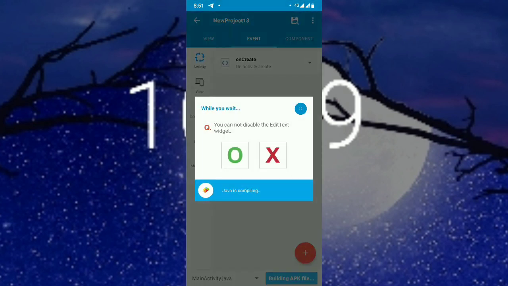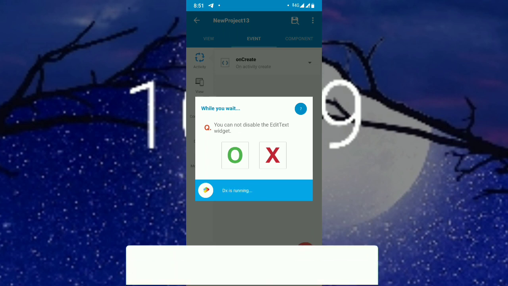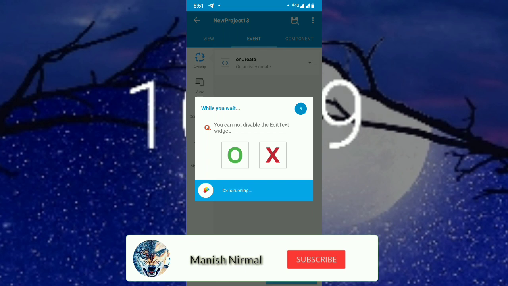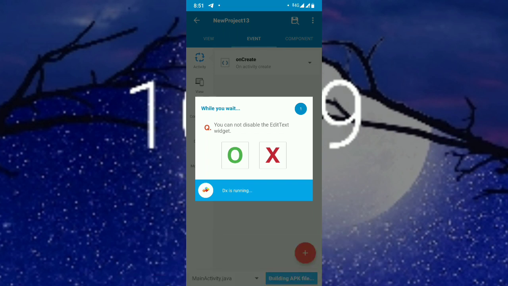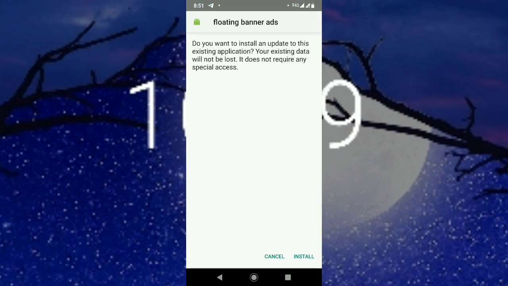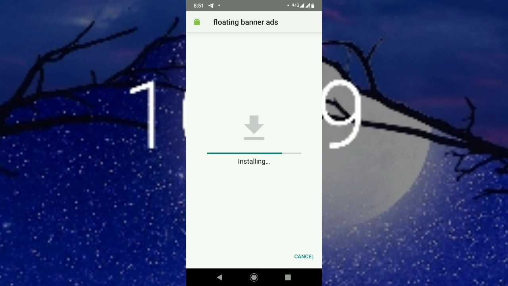So now this is how we actually implement banner ads. The problem is when you scroll up and down, the ad will not go down because of the last position of the list view. If you are implementing with the list view, the last position of the list view will not be shown. So as an example,